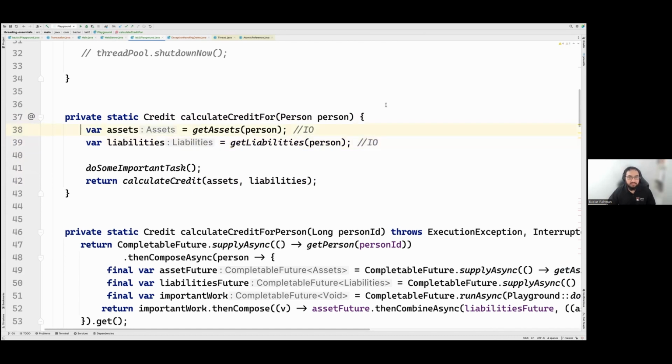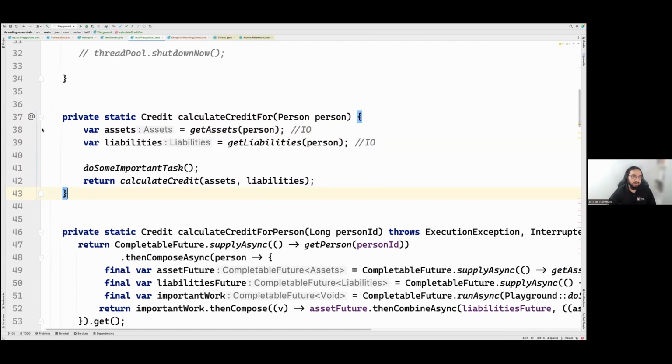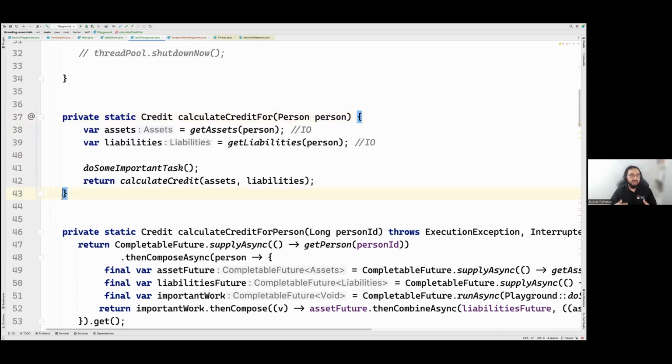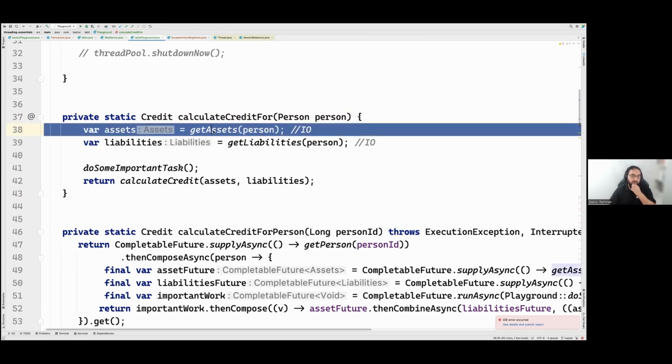So over here, from this line to this line, we have a thread, which is, when we got a request, we give this method to a thread to execute from this curly brace to this curly brace. So now this thread is basically executing line by line. So when we are in this line, we are calling the IO operations, and we're waiting for this result over here.